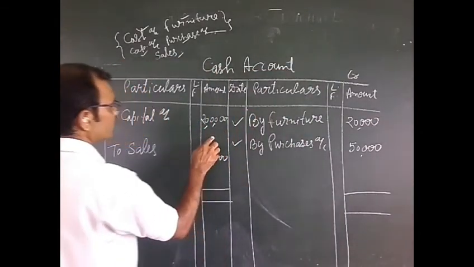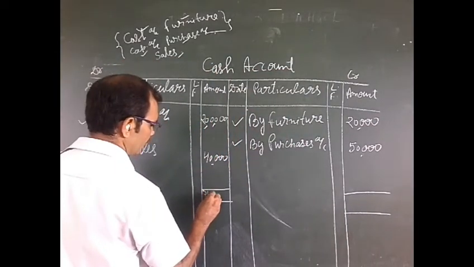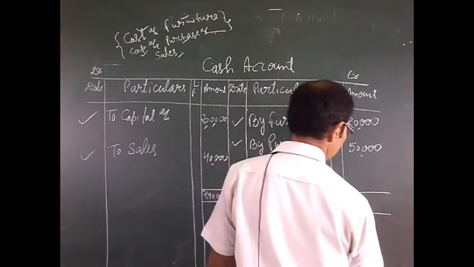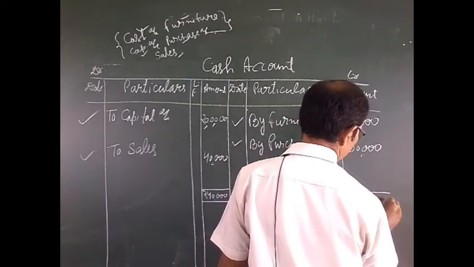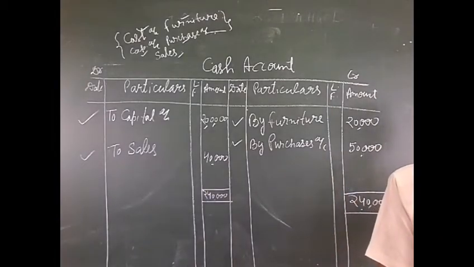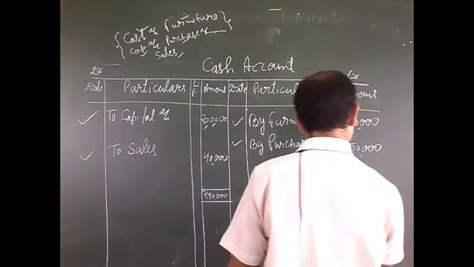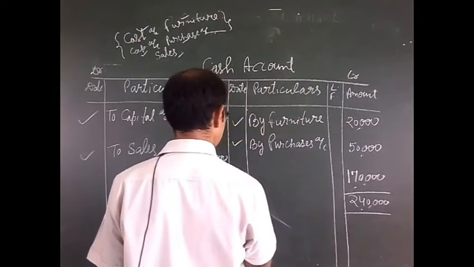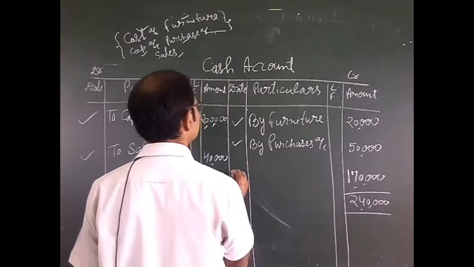This side is bigger, so we will write here 2,40,000. Here we will write the same 2,40,000, and we will deduct the total of the credit side. 70,000 will be deducted, and the balance would be 1,70,000, and we will write here on the last date, that was January